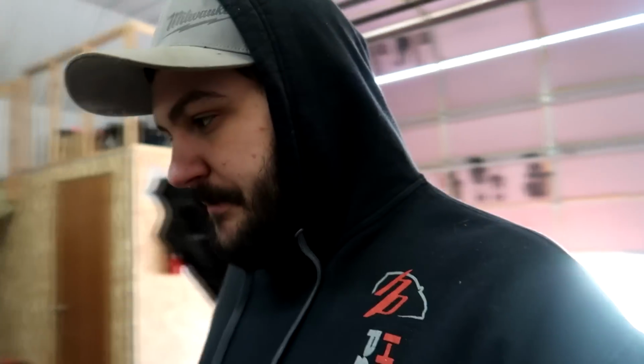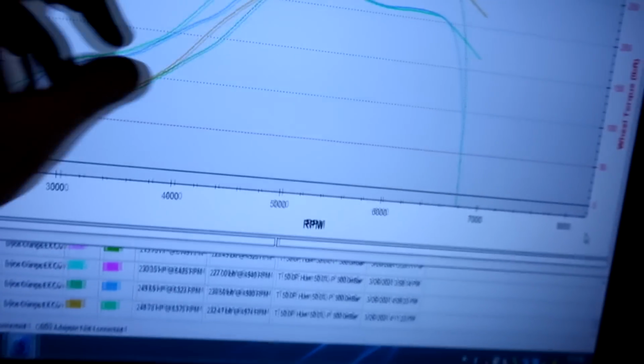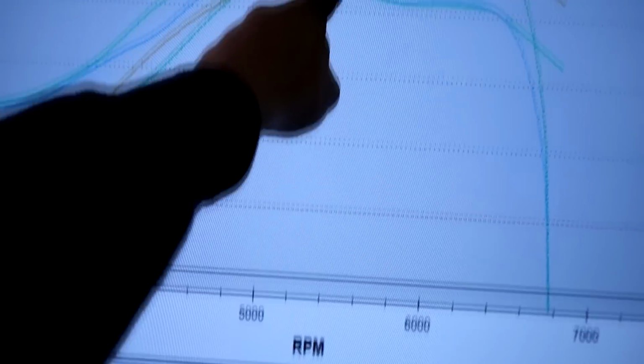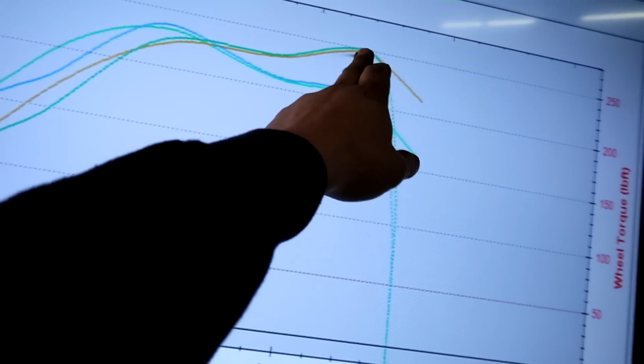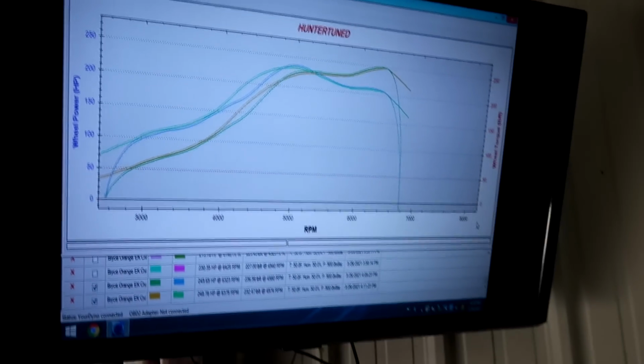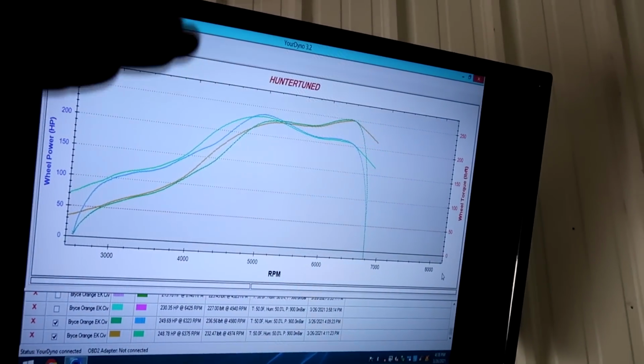All right, guys, we ended up making some good horsepower with this thing. We ended up having some ignition timing and cam timing issues of what we thought was going on here, but now that I'm looking at the power curve and it's painting the same plot every time, there's a lull in the curve where it'll come up, make good power, and then just go flat for a second, and then it starts improving after that. I think that flat spot is going to be the byproduct of having an airflow restriction,